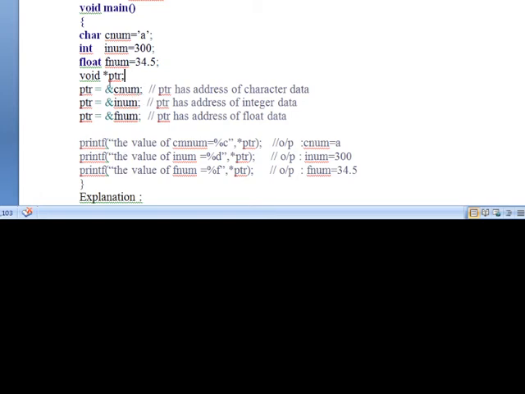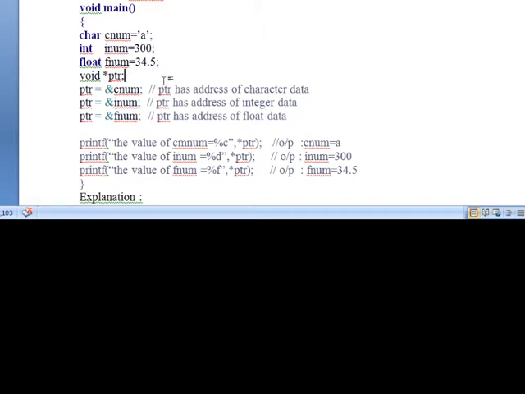The difference between a normal pointer variable and a void pointer is that in general a pointer contains the address of a specific data type only. Suppose you want to store the address of a variable. If the variable a is integer, your pointer must also be integer. If your pointer is declared as float, it cannot hold the address of a.